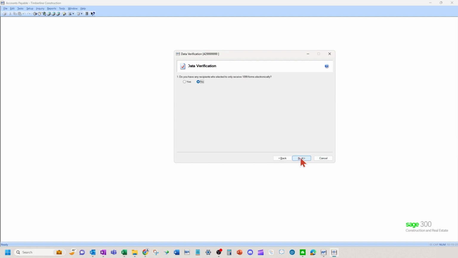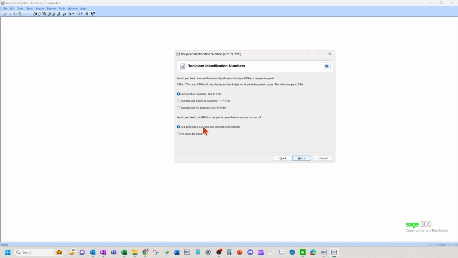Next to that screen, and now it's asking if we want to electronically have the recipients electronically receive the 1099 forms. Some options here on truncation and reporting for anything that has a recipient copy with a 0, what you want to do here.